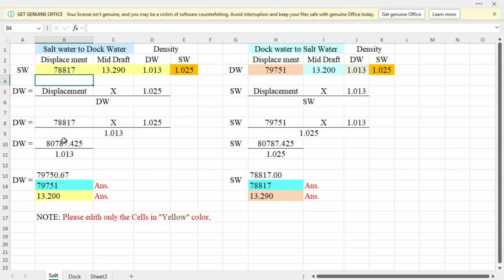So with this current displacement of 78817 times your salt water of 1.025, by the way, this is salt water, times 1.025 of salt water over your dock water or your local density of 1.013. So the answer would be 79750.67, which is